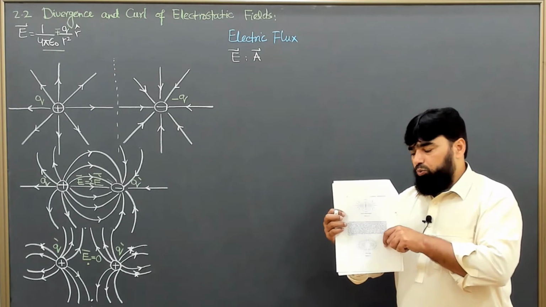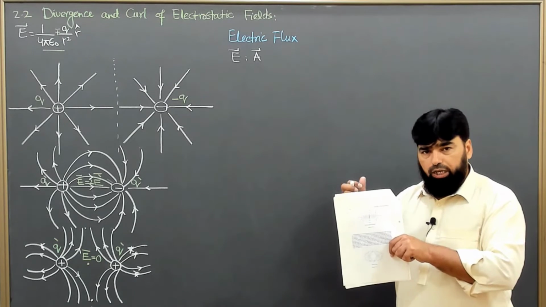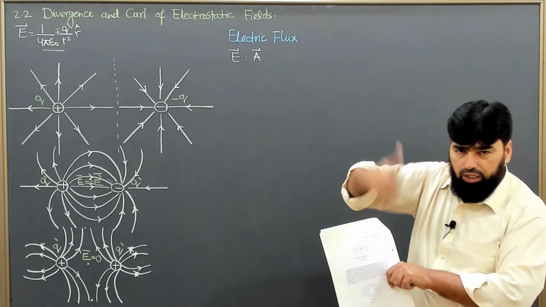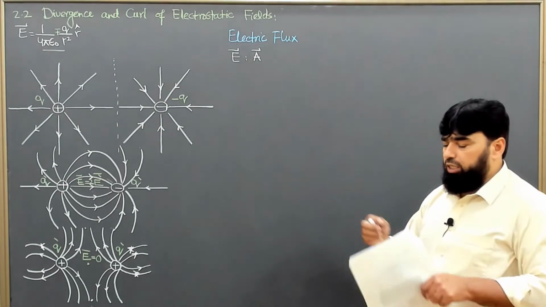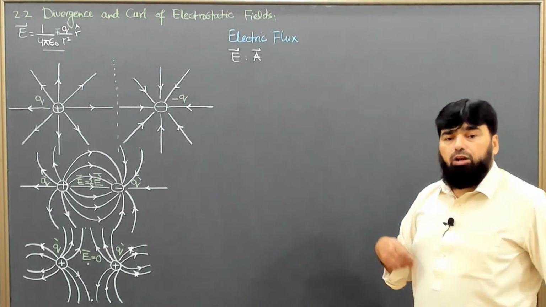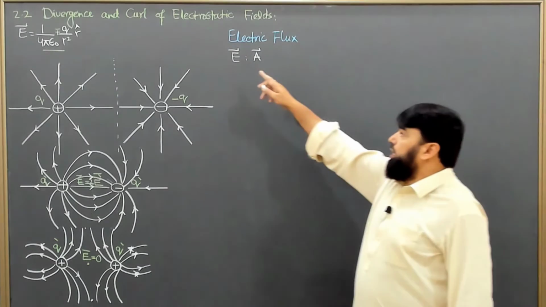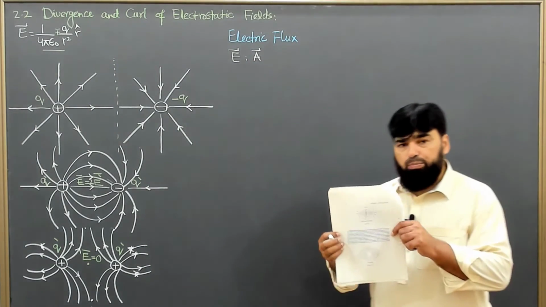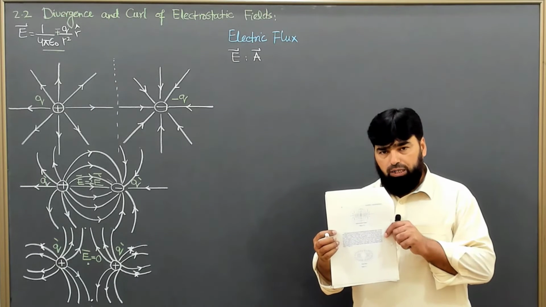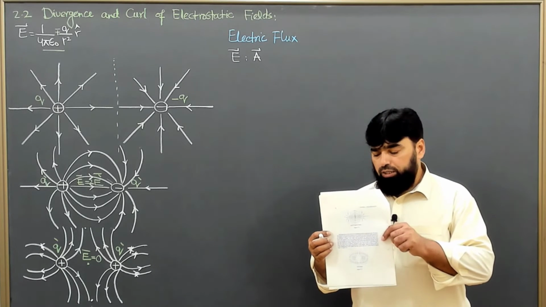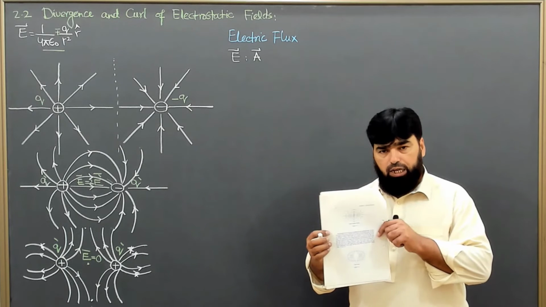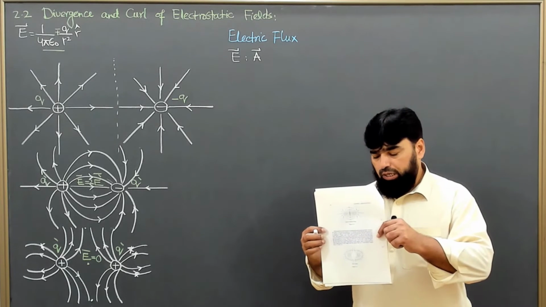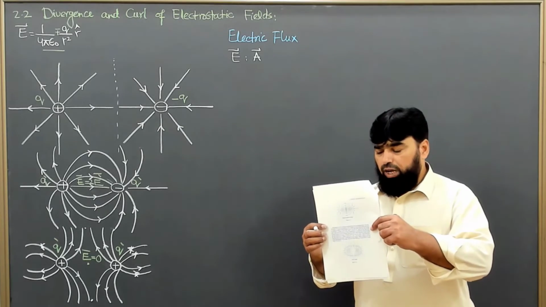And when we say the direction of area, the direction of area is always perpendicular to a given surface. So the direction of the area will be along the field lines. If this is the situation, then we know that maximum flux will pass. And if we turn this area element, then what will happen?